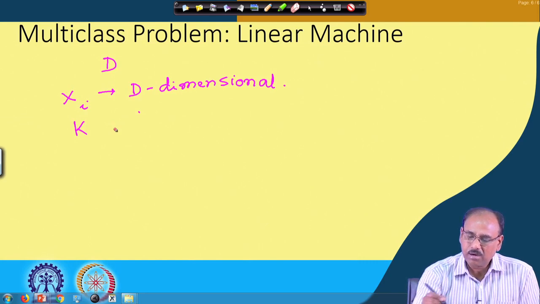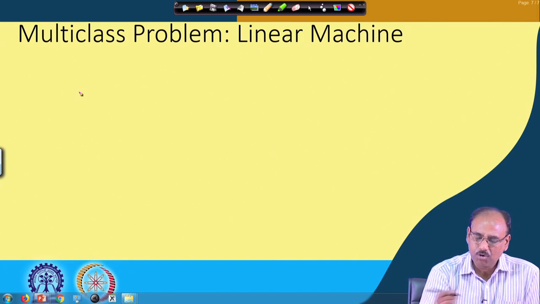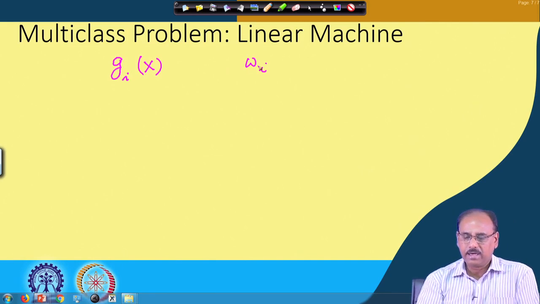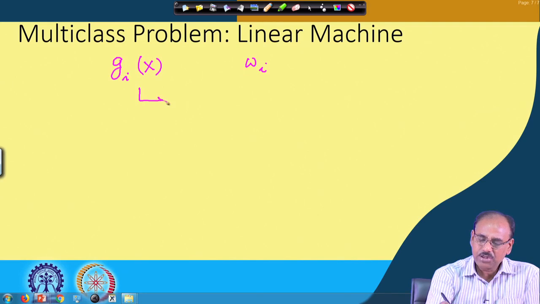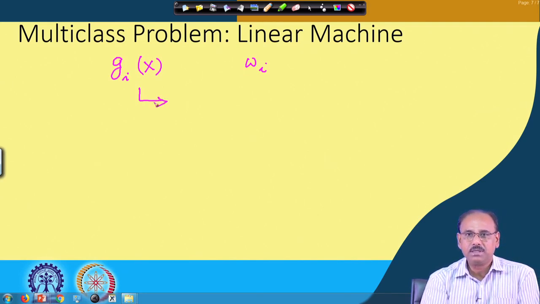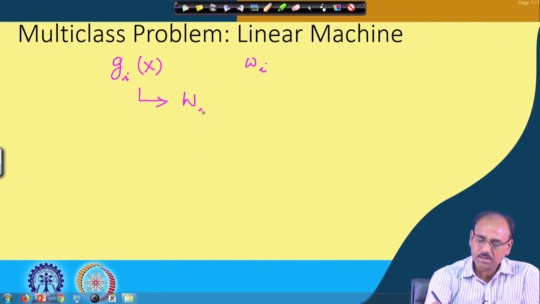Using this, if I go for the same discriminant function, we had the discriminant function of the form gi(x) for category omega i, the ith category, and as we are assuming that our discriminant functions are linear, this gi(x) is of the form wi transpose x plus wi naught,